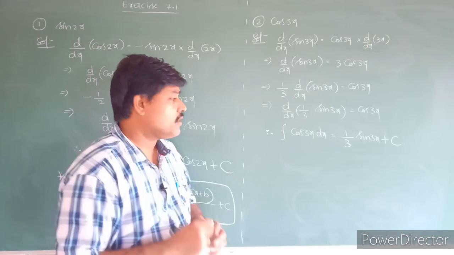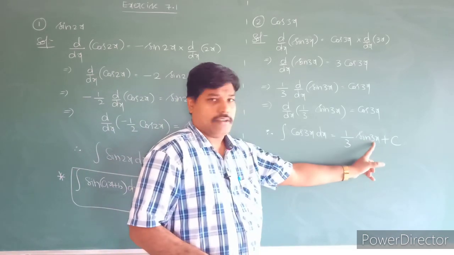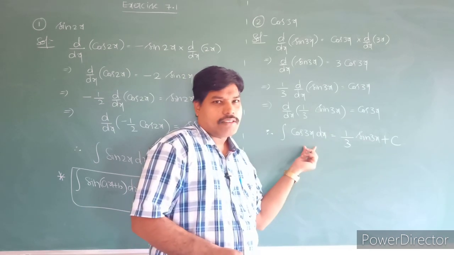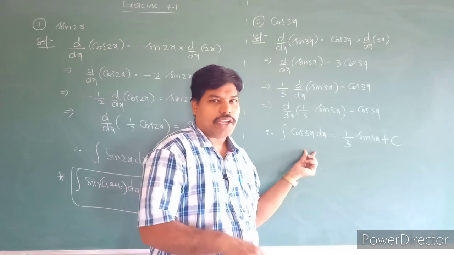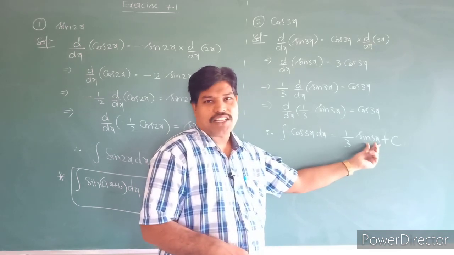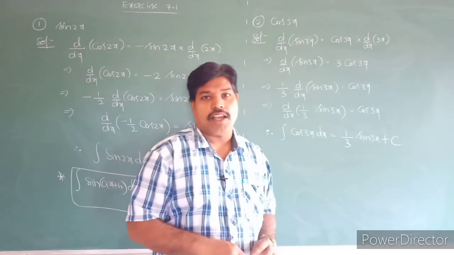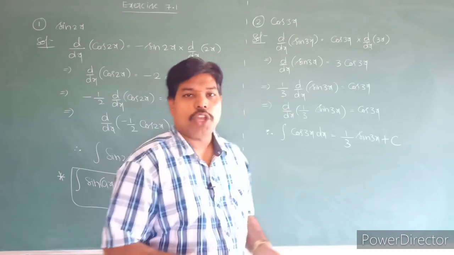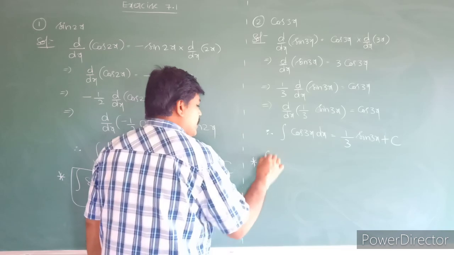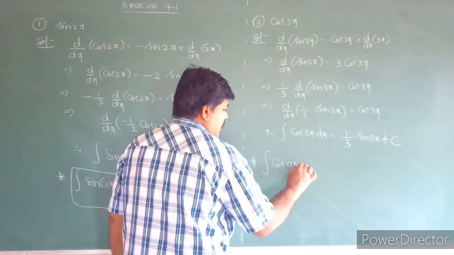What you have to observe here, students: integral of cos is sine, but here 3x is there. 3x derivative is 3, and that 3 comes into the denominator of sine 3x. So the derivative of this function comes under the sine 3x value. That's why we are going to give one more formula. What is that formula? Integral of cos of ax plus b.